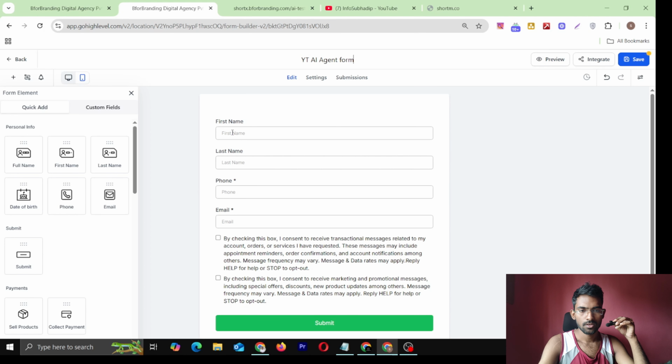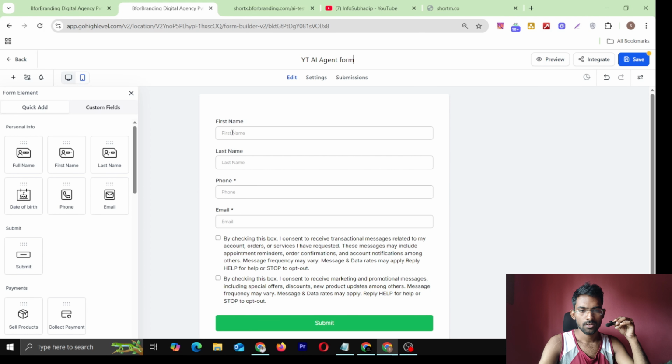Remove these things. Done. And go to this style and options, go to advanced, no, not here, or I can get the after submit options,